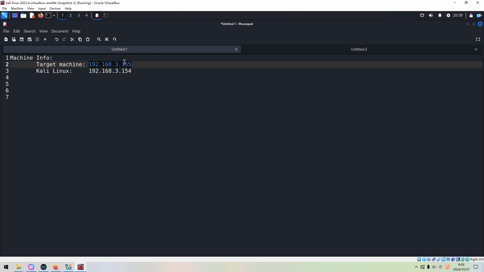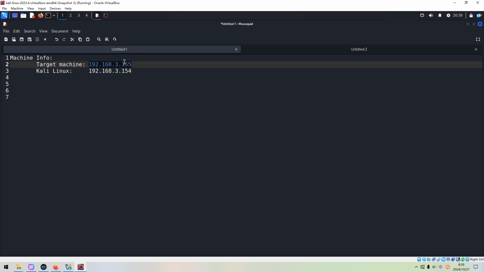But I'd like to tell you, I didn't receive anything except some ARP packets. The ARP packets themselves don't give us anything useful. So the problem is the network mode of the target machine.